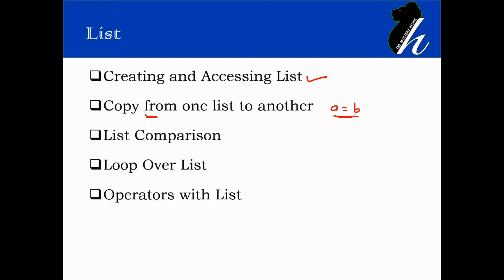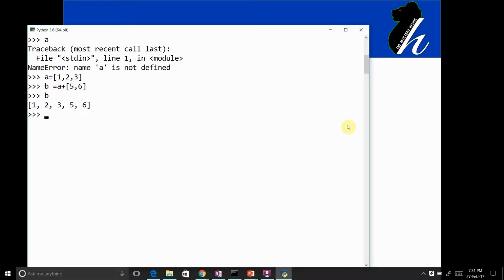Let me demonstrate. Whenever we use the assignment operator, it is going to create a reference, it is not going to create a copy. Let me demonstrate the same. For example, I have one list A equals 1, 2, 3. If I do A equals B, then B would also have, okay, B was having some values before this. So let me just delete B, delete A. It is going to simply delete the list from the current scope.